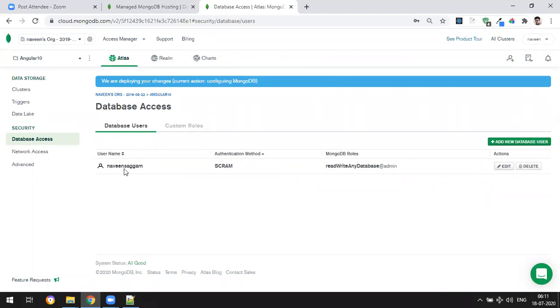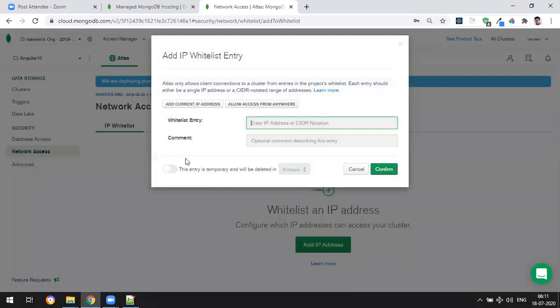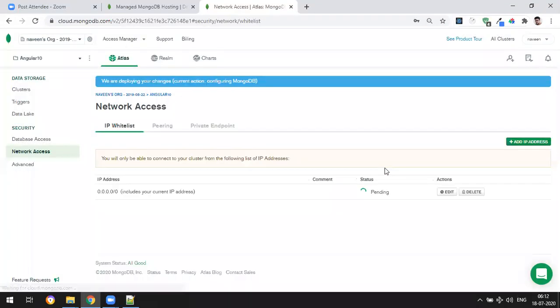After you did the database changes, you can do one last setting, which is network access. You can select network access and add an IP address, meaning from which IP address I can connect to this. You can give the current IP address or allow access from anywhere. Current IP address means only from your laptop you can access that cloud. If you choose the second option, you can access from even the office, and from any system or laptop you have, so from both you can access the same cloud. So better choose allow from everywhere and confirm. This is going to give you the access permissions. It will do some changes inside.